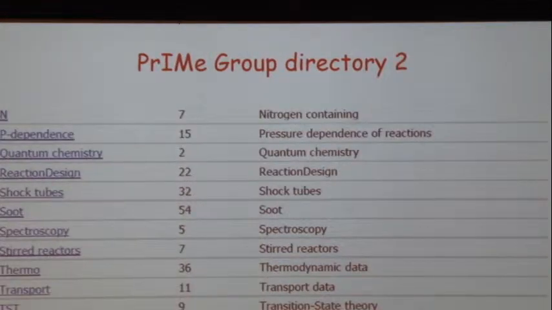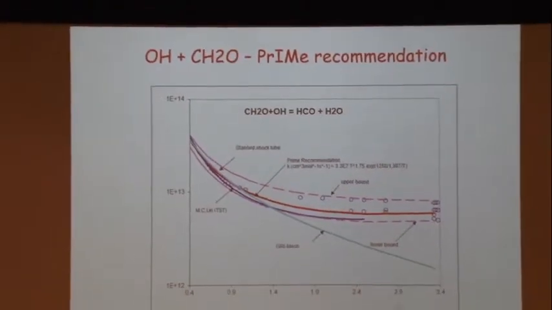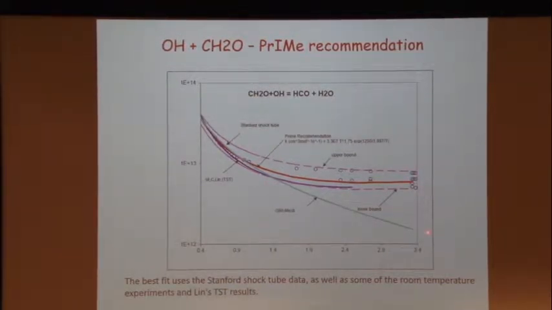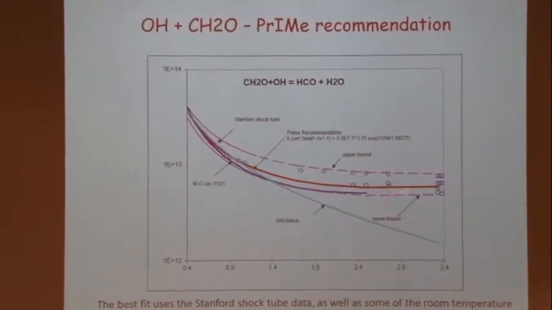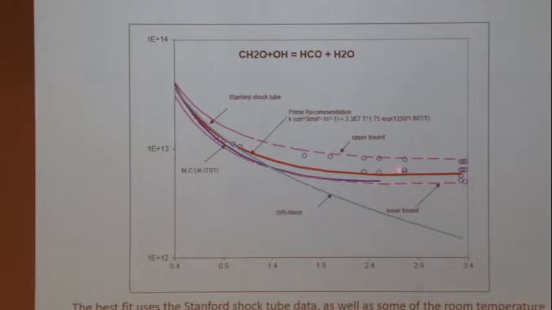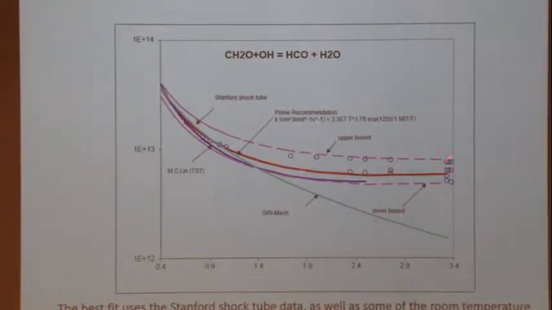And you can look up, I suggest you go on the PrIMe website, you can see all about it, it's a nice story. So here they show how the GRI-Mech recommended this rate coefficient for OH plus formaldehyde, but then recently there's been some more measurements since the time of GRI-Mech, and PrIMe now recommends this red line here. And then they have an error bar on that parameter. And anywhere in this range would fit all the data,